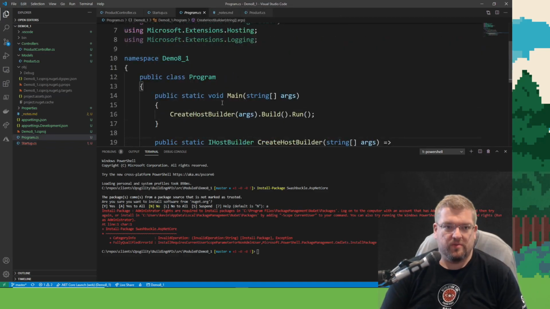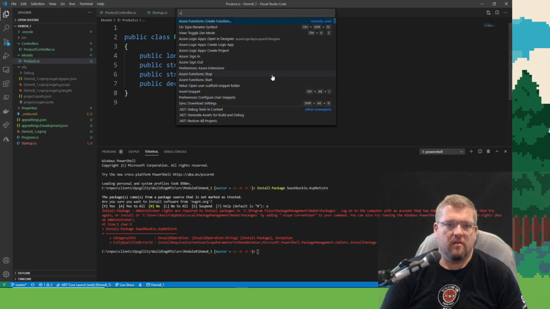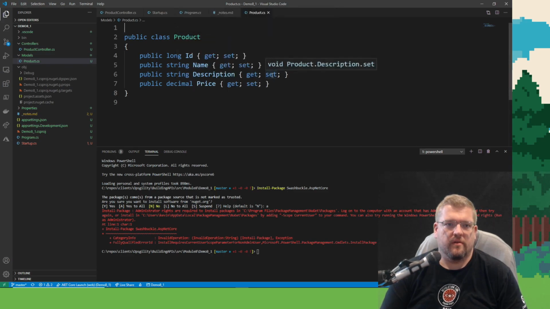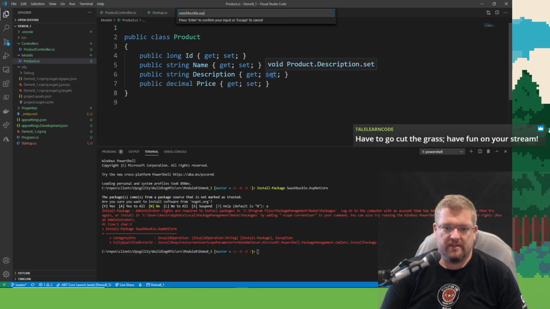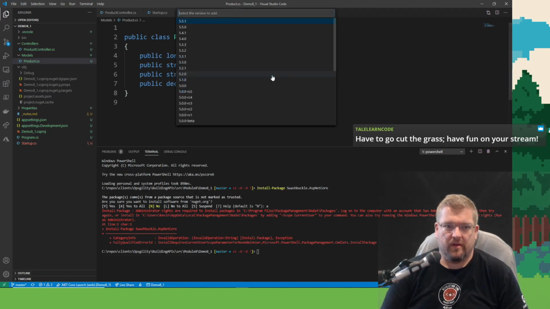I never remember the stupid shortcut. There we go. All right, so it's Swashbuckle.AspNetCore. There we go.